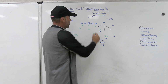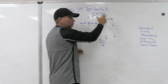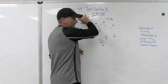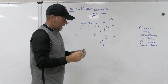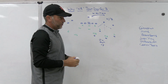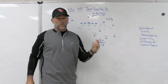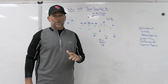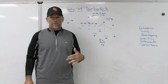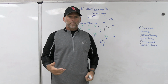We talk to our underneath players that are matching the patterns of 2 and 3, or the new number 3, if the back is wide or the back is tight. That's where we start day one. And that's where we've got to spend most of our time, doing half-line drills, going through all the different combinations that we can get in that version of coverage and making sure that we are sound in our base version of coverage, our day one install, the thing that we are going to play more so